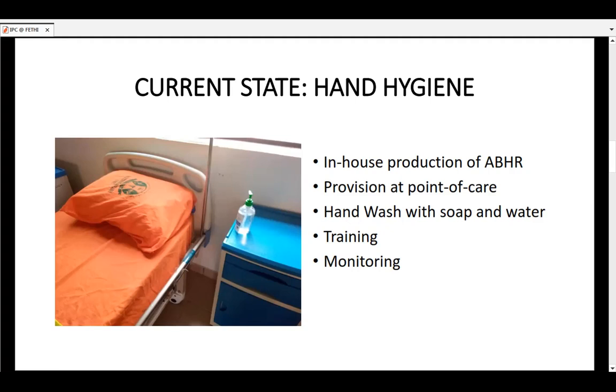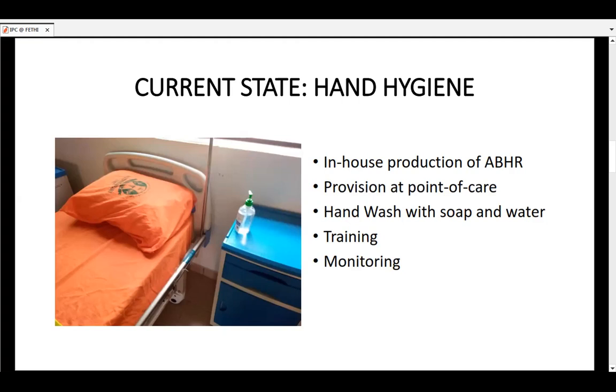We want to ensure that as much as possible, this is available at the point of care. Then water and soap are also accessible to healthcare workers, so as to reduce healthcare-associated infection. So one of the things we try to do is to ensure alcohol-based hand rub is available at the point of care.